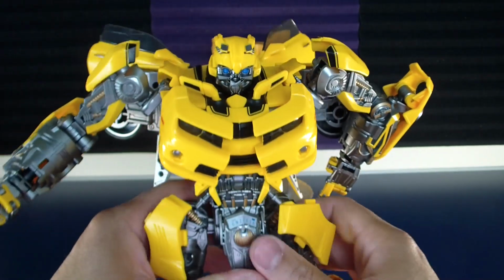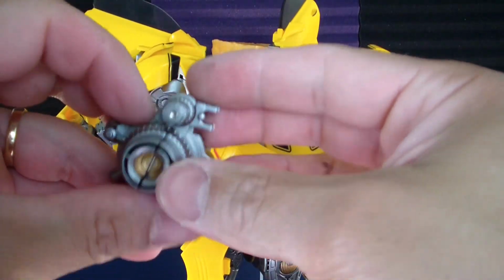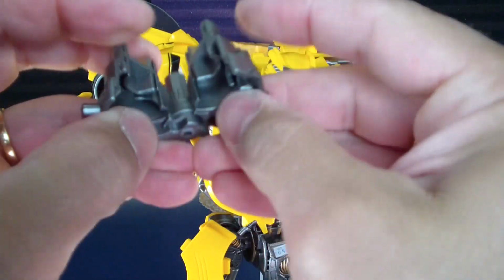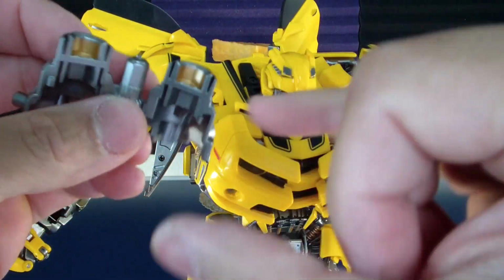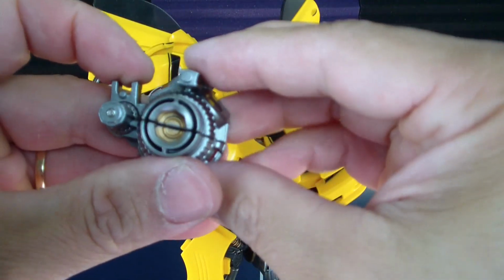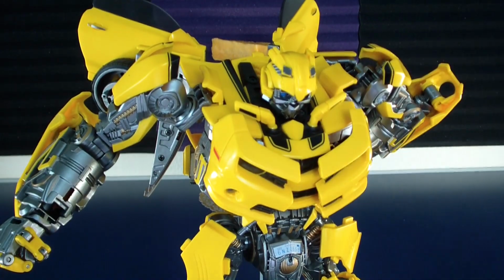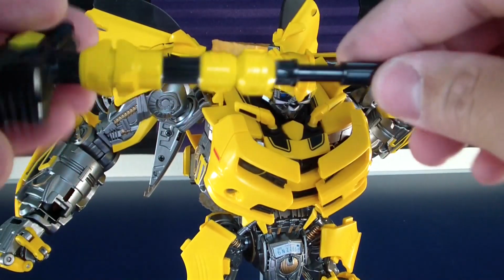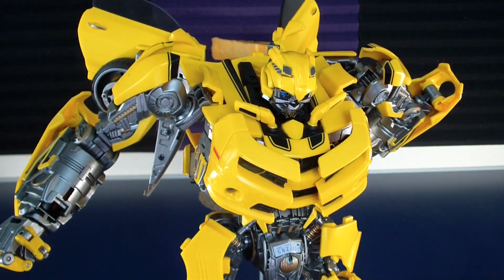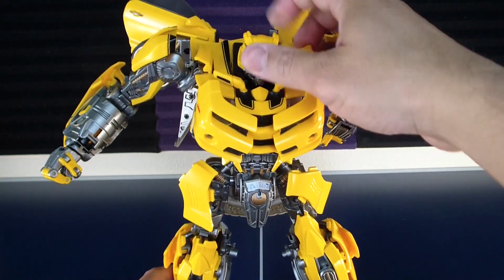Another thing that shows off the detail that was added that really didn't need to be is the hand cannon. It's painted copper in the middle. This thing actually splits. They didn't really need to add that little bit of paint, but they did. Who knows who made this? Who really knows? Can't go wrong though. I suggest you pick this up whether or not you are a fan of this Bayverse